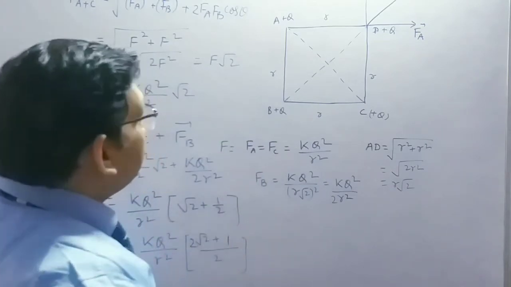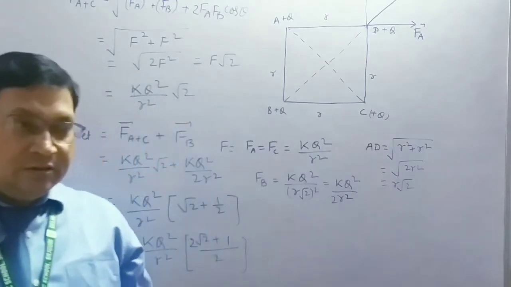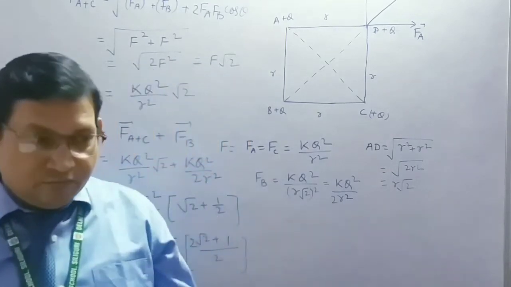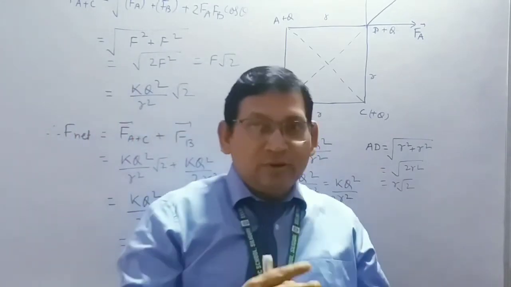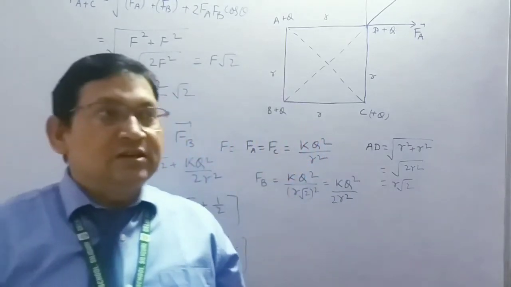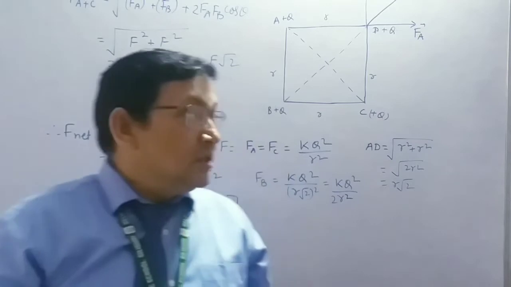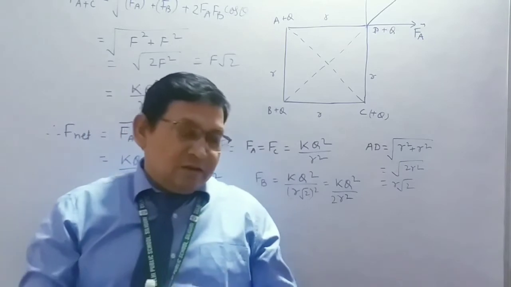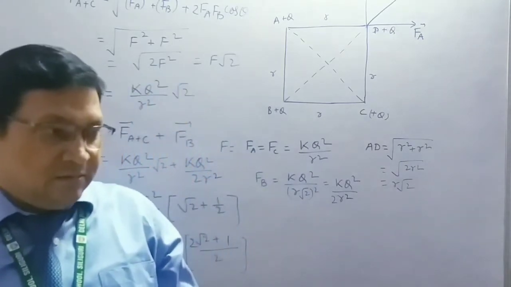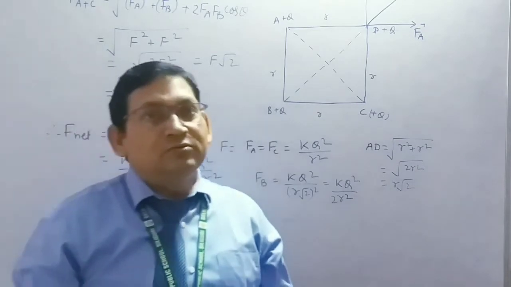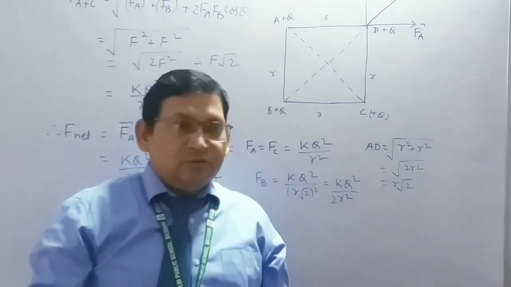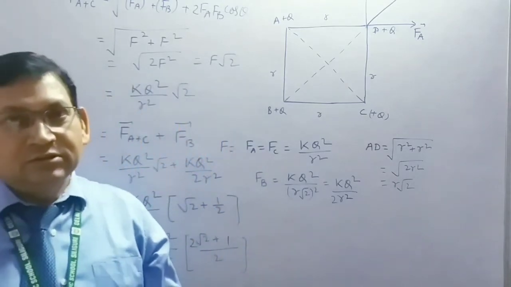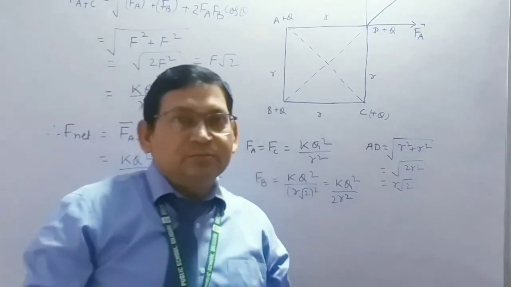After doing this type of questions, now we are coming to the continuous distribution of charges. So far we have calculated the force between two charges, then the force between three charges as we have done in case of a triangle, then the force between four charges. If we have continuous charge distribution, then how to calculate the force? For this, we have a different technique. So let's discuss the different types of charge distribution. We have generally three types of charge distribution.